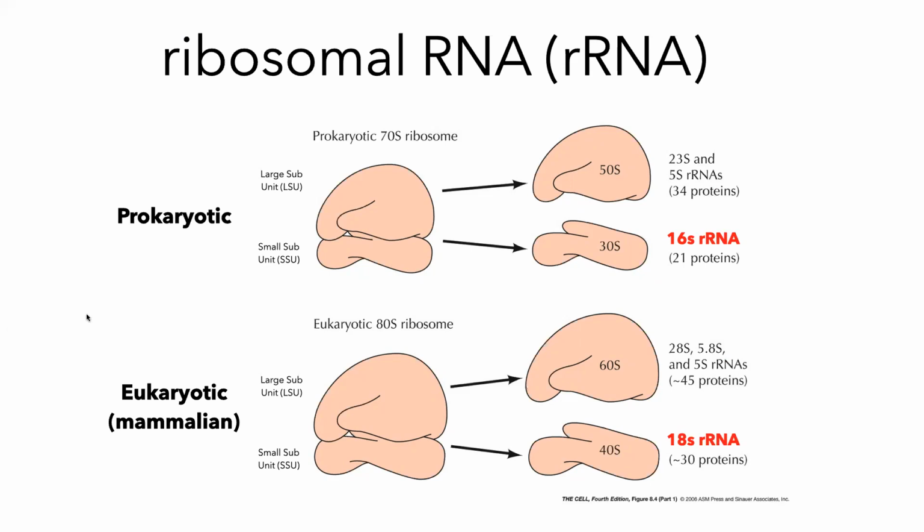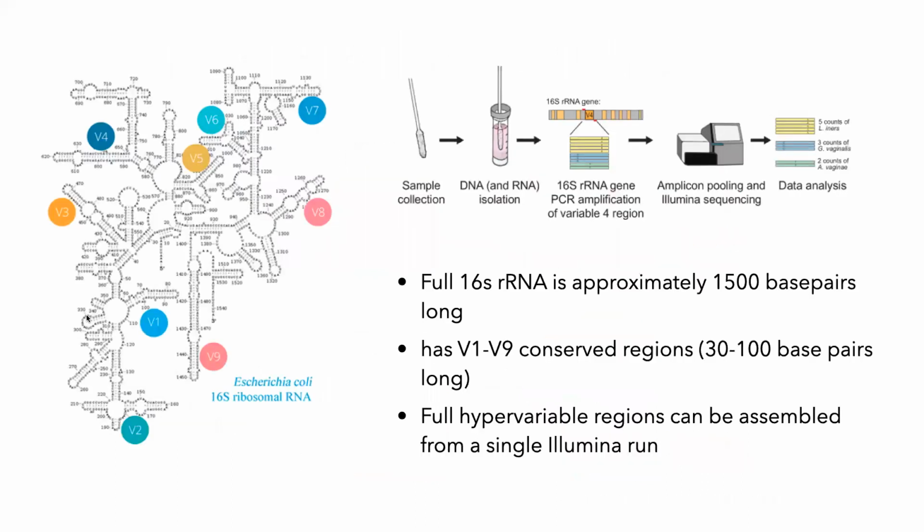So this gene contains a number of different regions. It is approximately 1,500 base pairs long, the whole gene, and it has 9 different hypervariable regions. Each region is between 30 to 100 base pairs long,